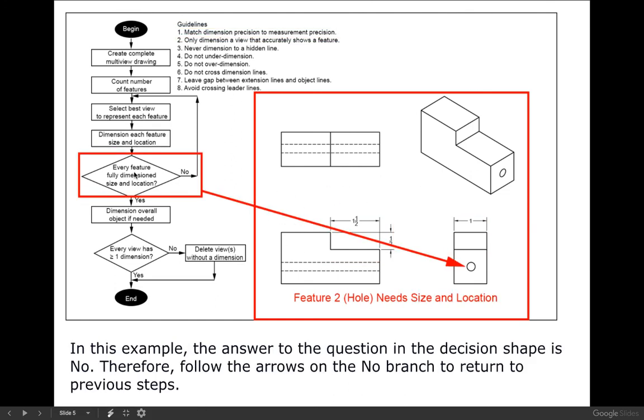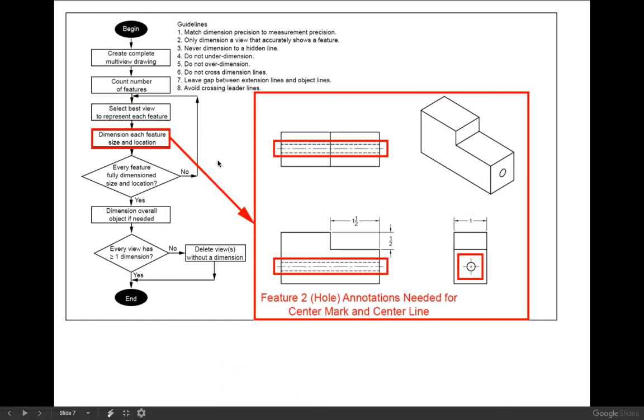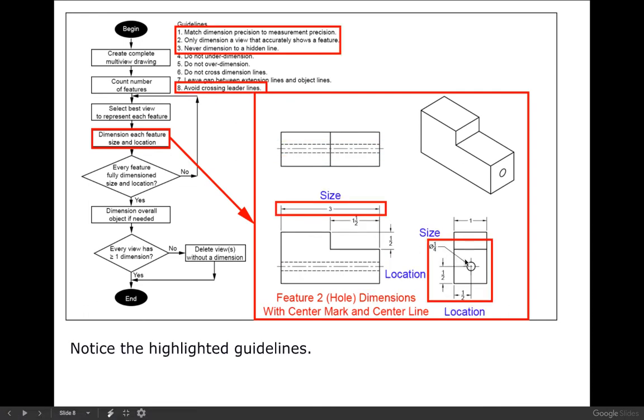Is every feature fully dimensioned, size and location? This is our decision. Well, no, we still need to do the hole. So if it's no, we go back to here. Select best view to represent each feature. This is the view to show the circle. Dimension each feature, size and location. For this one, we need to put a center mark and center line, which is this one. We're going to have to dimension where this is and its size. Its size is diameter of 1/4 of a unit. These are probably inches. We don't know. And then its location